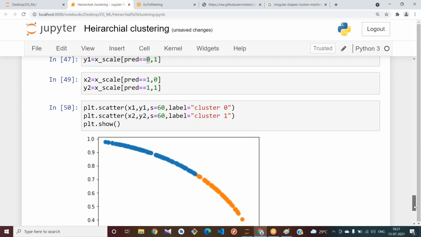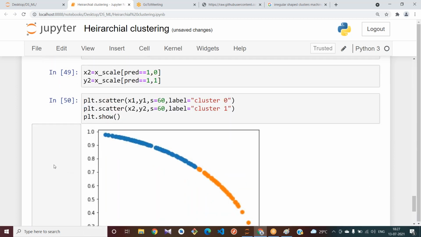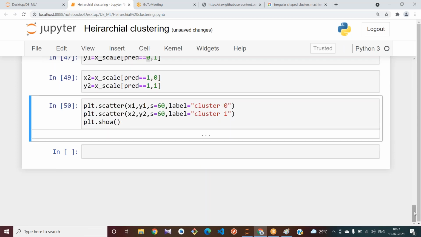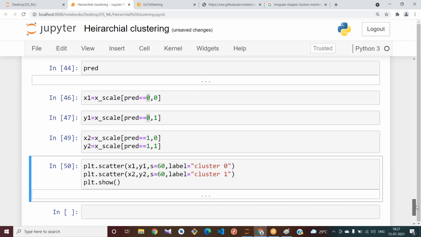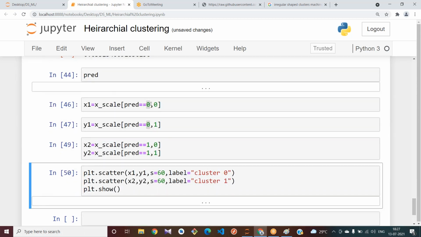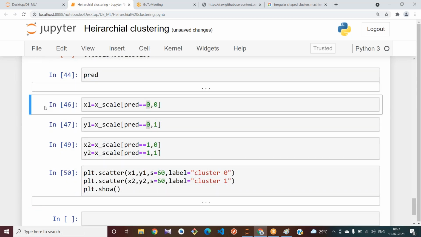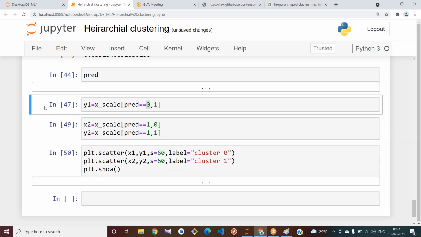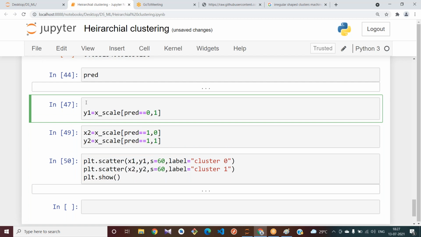This we have plotted with the scaled data, right? Let us plot with the normal data. Our normal data is present in which variable? Please tell me.